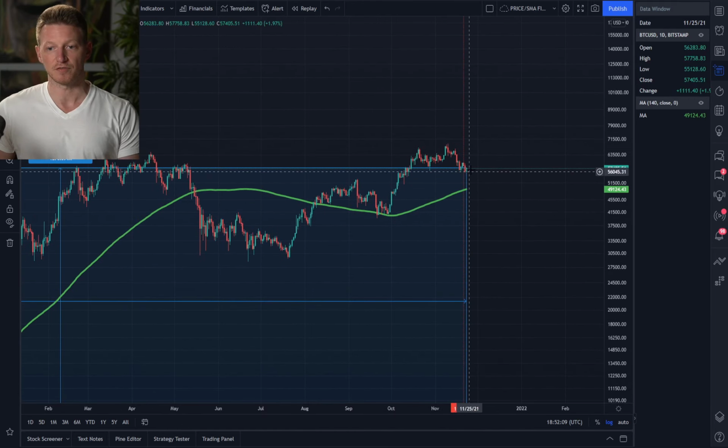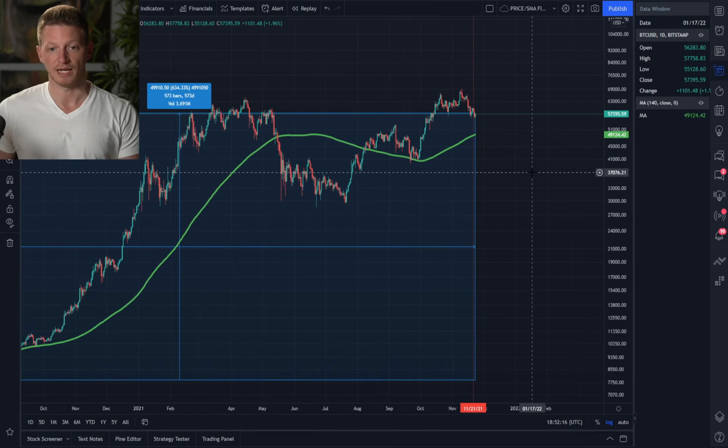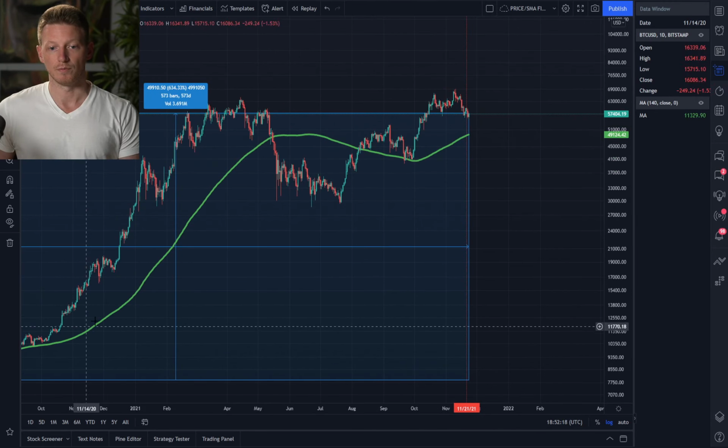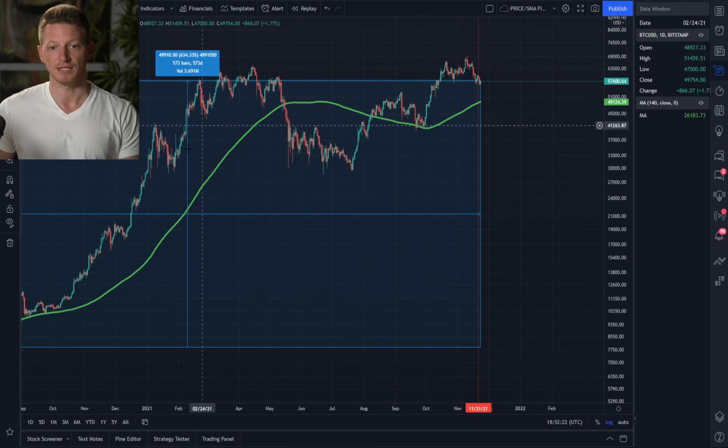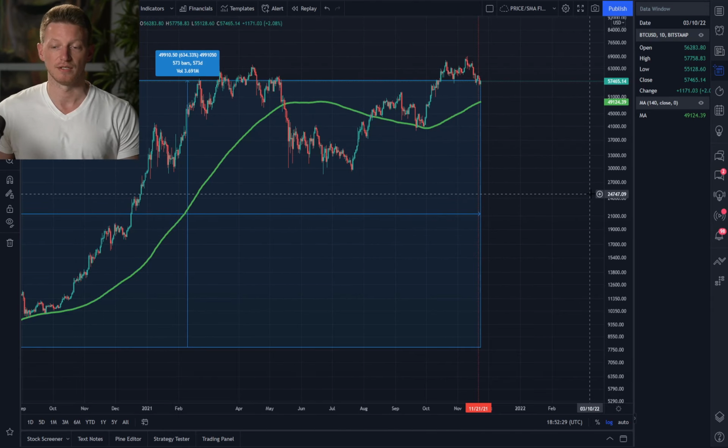I think it would be better for the market if we were able to come down to this 20-week and use it as support. Now, if it goes through, that could be trouble. So we did not do any of that here back in 2020 and early 2021, which is why I believe we fell right through when we finally did come down to it. All right.